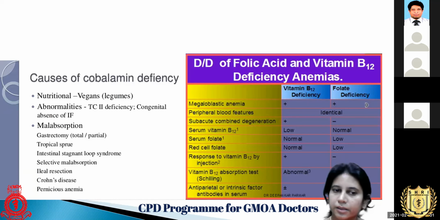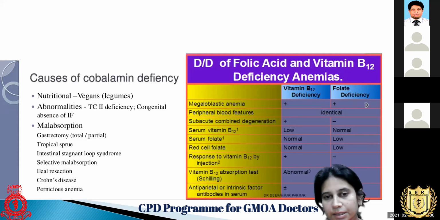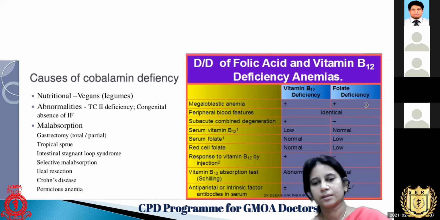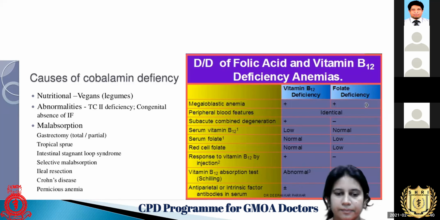Okay, there are a lot of causes for cobalamin and folate deficiency that you can see in a textbook. So how do you differentiate folic acid and vitamin B12 deficiency? Blood picture, peripheral smears and everything will be the same. But in your history, neurological signs are more in favor of vitamin B12 deficiency. Vitamin B12 levels will be low in vitamin B12 deficiency. And Schilling test will be abnormal in vitamin B12 if there's an absorption problem, and parietal cell antibodies and intrinsic factor antibodies will be positive in B12 deficiency.